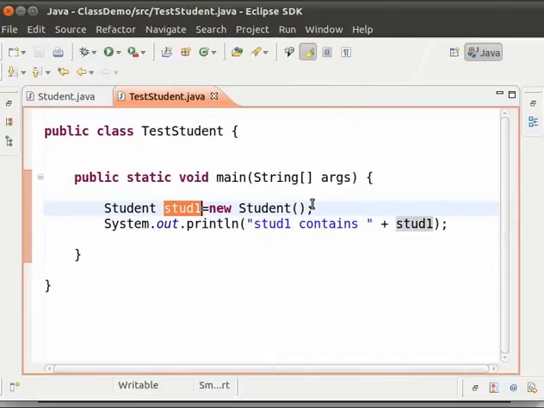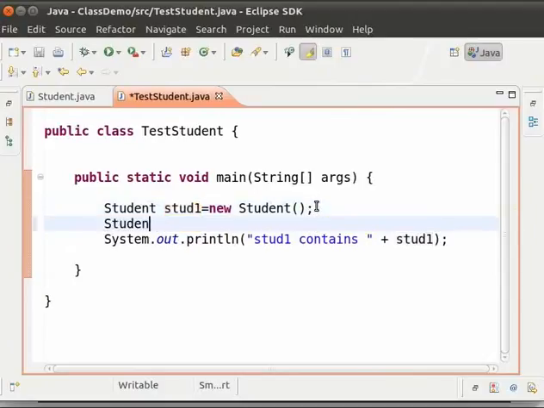So I will type student space stud2 equal to new space student opening and closing brackets semicolon.